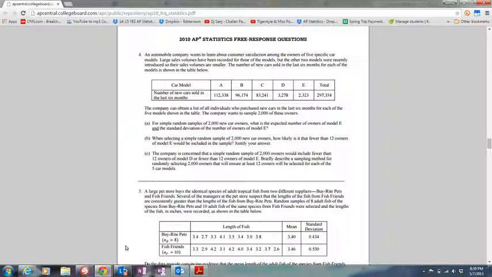The company can obtain a list of all individuals who purchase new cars for the 5 models, and they want to sample 2,000 owners. For simple random samples of 2,000 car owners, what's the expected number of owners of Model E and the standard deviation of Model E? Okay, so